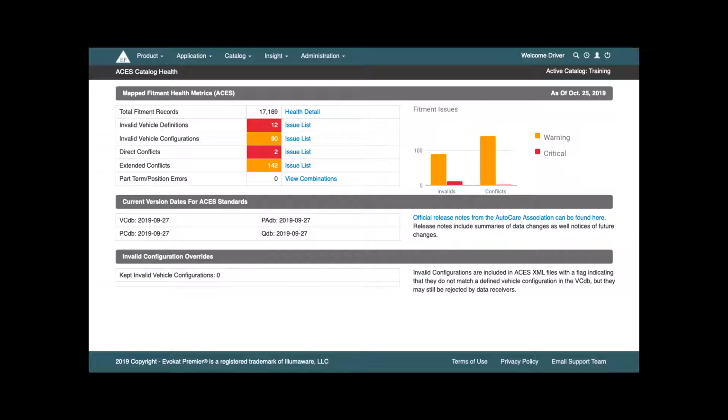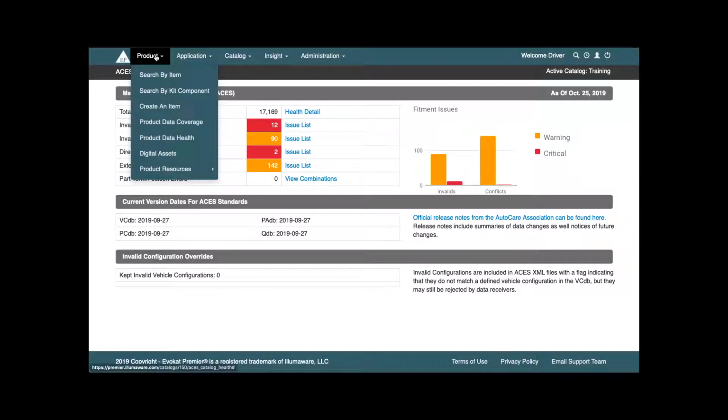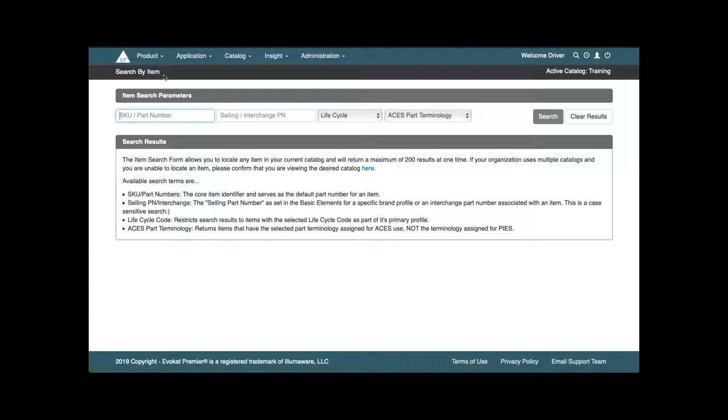In this breakdown, we're going to go through the product menu, explain what the functions are and their purpose. So starting under product, we first come to search by item, and this is a basic item search form. You have the option to search by the item identifier or the SKU number, a selling part number or interchange